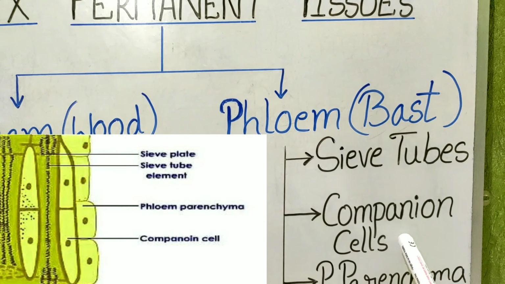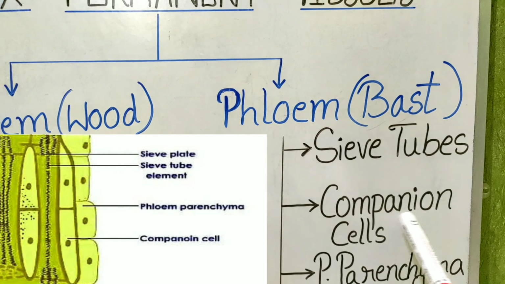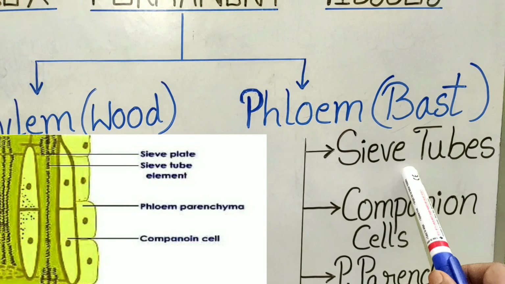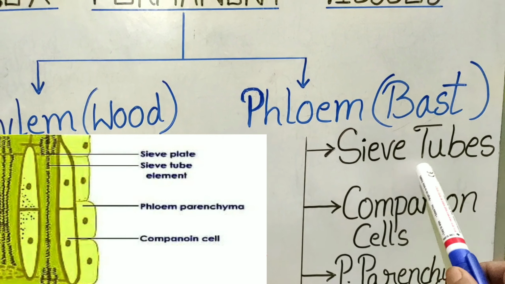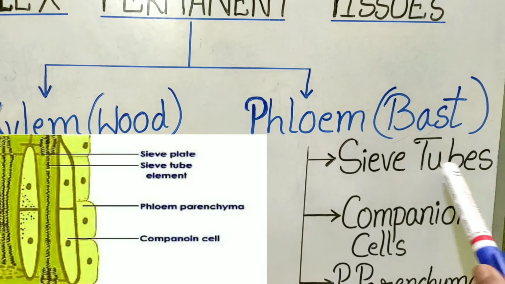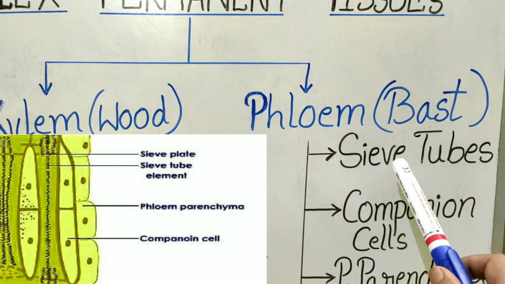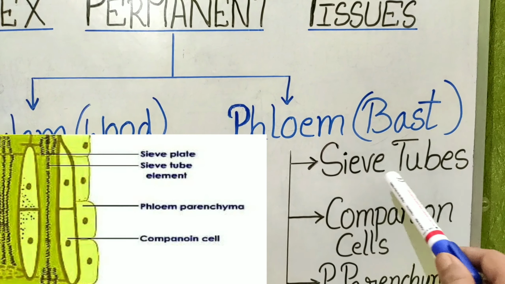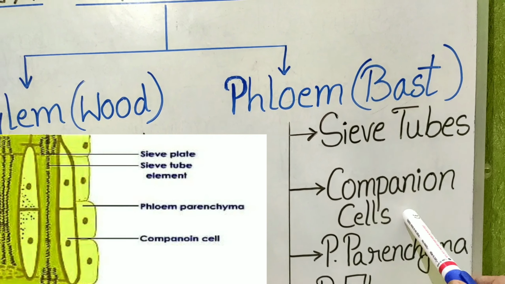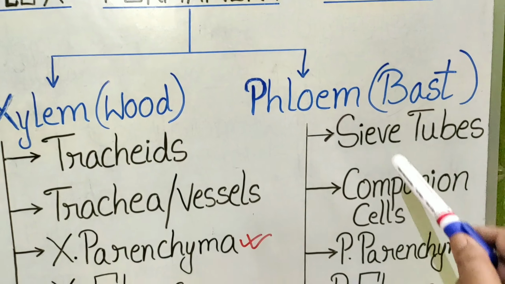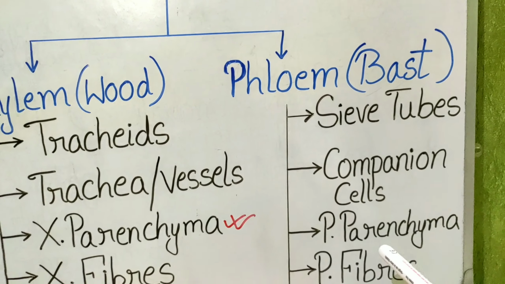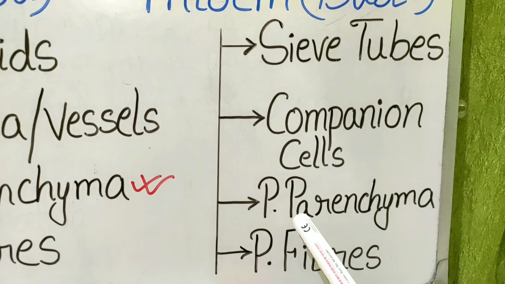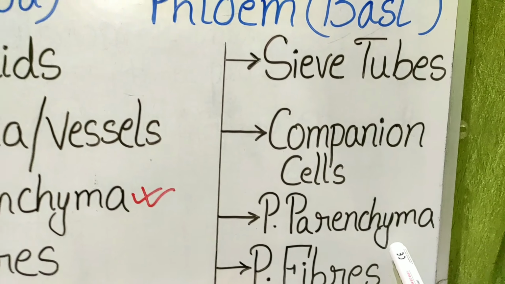Just next to the sieve tubes are the companion cells. What is the meaning of companion? Companion means friend, isn't it? So these companion cells are adjacent to the sieve tubes, and they provide nutrition supply or any other living material to the sieve tubes, because they lack the nucleus. Whatever necessary things they need will be supplied by the companion cells. They are adjacent to each other, and just external to these two are the phloem parenchyma, through which again the storage substances can be found, or else the conduction of the food material can take place.